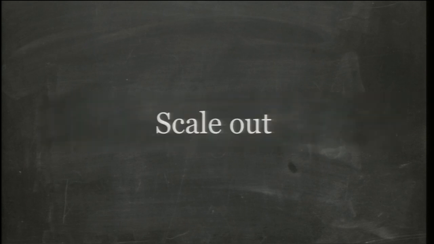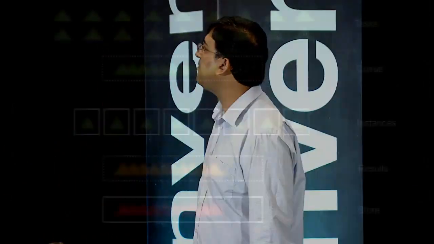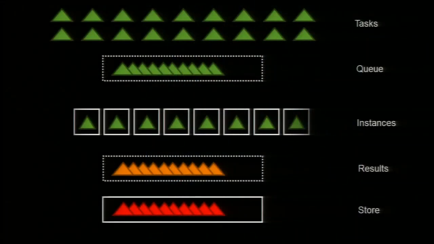Ideal for scale-out applications. If you just want to do batch processing and keep adding nodes as you need to do more, or if you're running a web server fleet, C1 extra large is excellent. This is the typical pattern for a lot of our applications that run in C1 extra large. You have a set of tasks, a job queue, and as the queue fills up, you just scale the instances out, and you're done with your job. It's rinse and repeat. It's probably the single most common pattern that I've seen, especially historically on EC2.